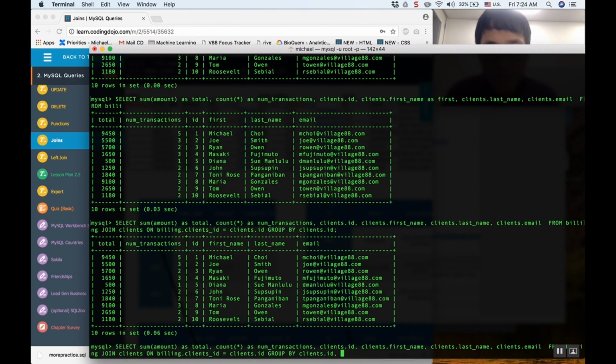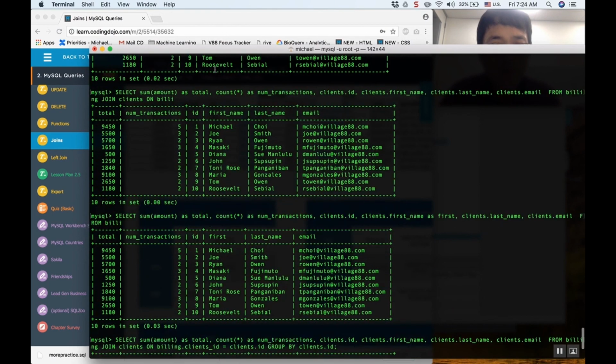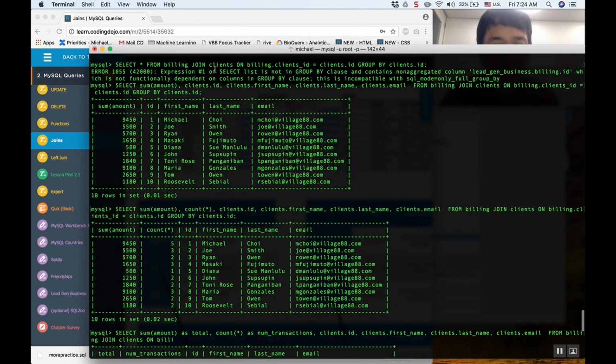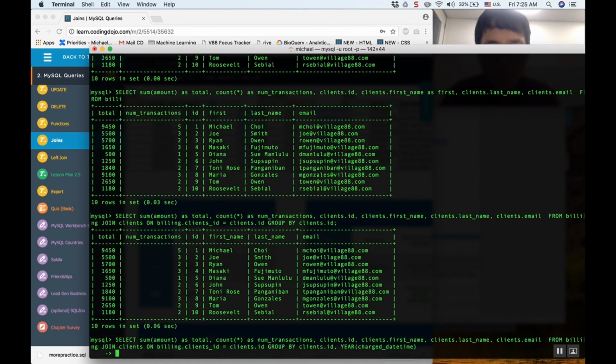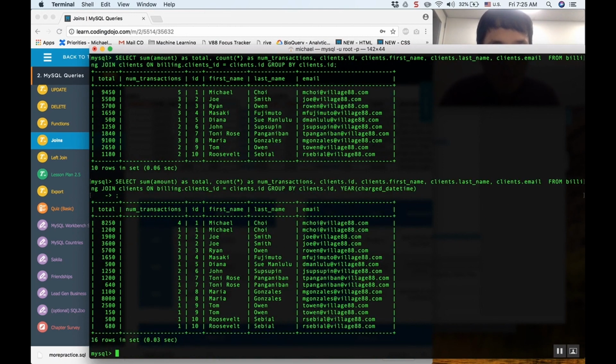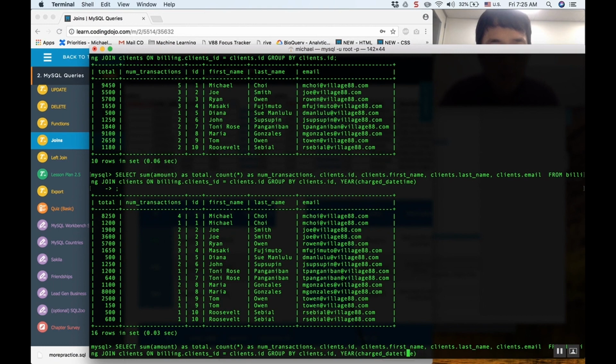And then instead of just by the client ID, I can, for example, do year. What was the field that I wanted to group by? It was called charge date time, right? So if I remember right, that's what it is. And I need to have a semicolon. And then what I would also need is, instead of just displaying the sum, the total, the num transactions, I should also display the year of charge date time,